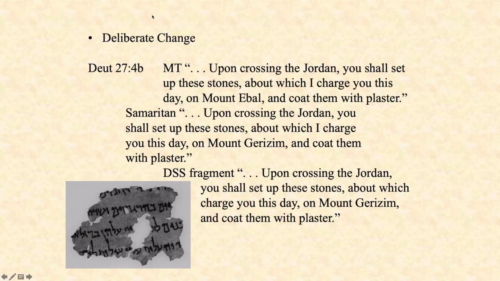For the Samaritans, their holy mountain is Mount Gerizim, and so their text of Deuteronomy 27:4b talks about setting up